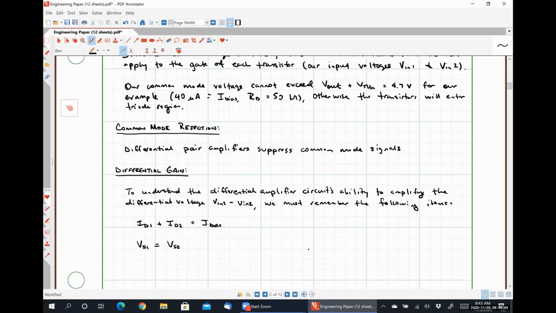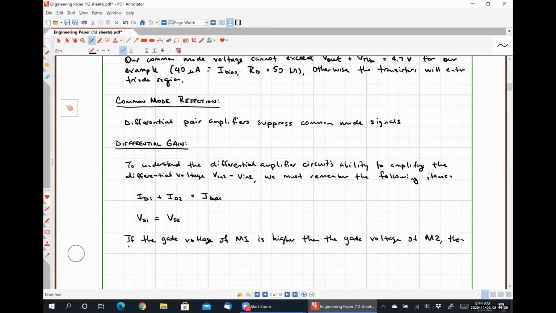So, if the gate voltage of M1 is higher than the gate voltage of M2, then VGS1 must also be higher